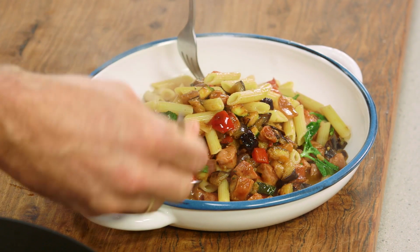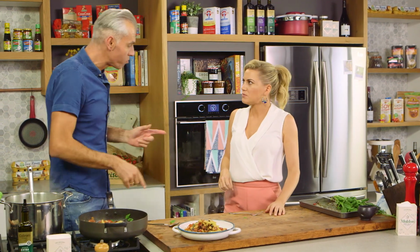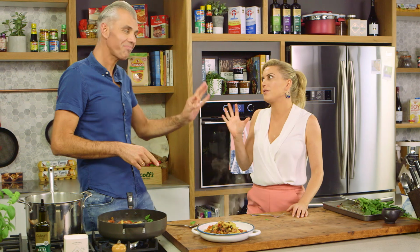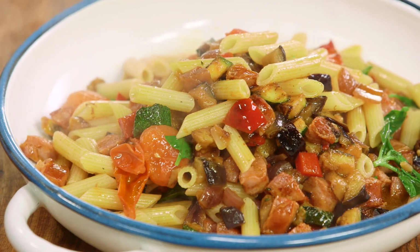All right, I'll try this pasta. Beautiful. And it's still al dente. Very, very important. And that little bit of balsamic, nice and sharp, just to cleanse the palate. Yeah, no, I really love that